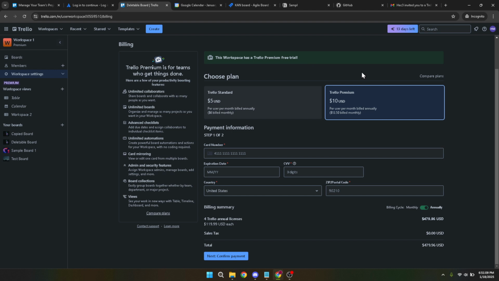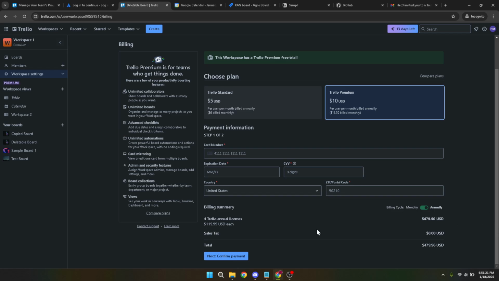Before you finalize your decision, Trello may ask for a reason for the cancellation, which is a common step in many online subscriptions to gather feedback and improve services. After submitting any feedback and confirming you want to cancel, your subscription should be set to end after the current billing cycle. You'll be able to access Trello's paid features until that time, and then your account will revert to a free tier automatically. And there you have it.